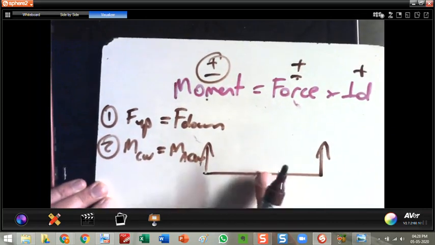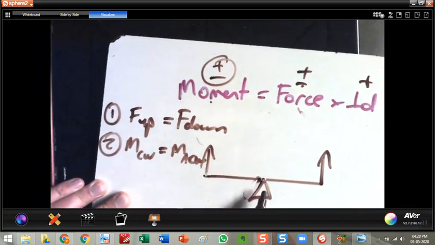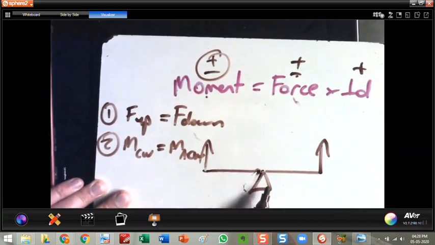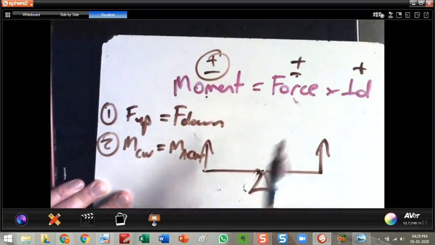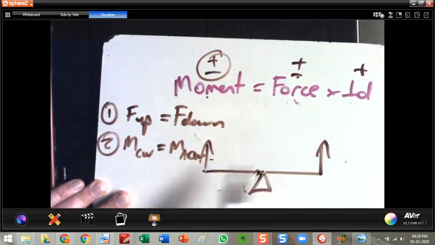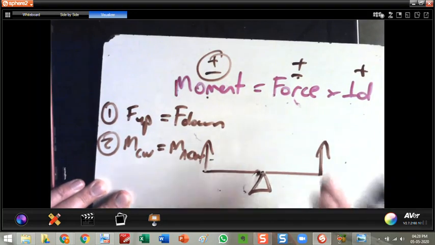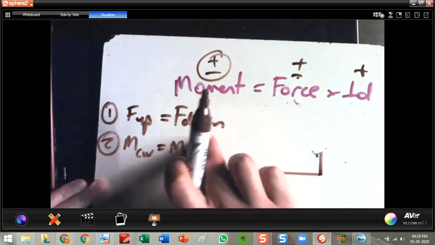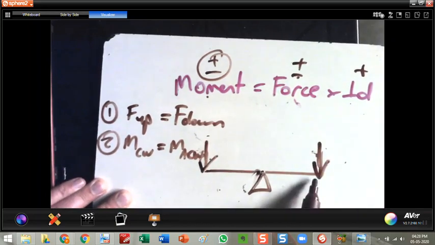So in this case, if we put the pivot right underneath the center of mass, then the weight of the object is irrelevant. So we've got a force on the left and a force on the right. If the force times the distance of this one is equal to the force times the distance of that one, since this one is pushing, well, actually the arrows can point the other way. Since this one is pushing this way, so it's clockwise, and this one is pushing anti-clockwise,